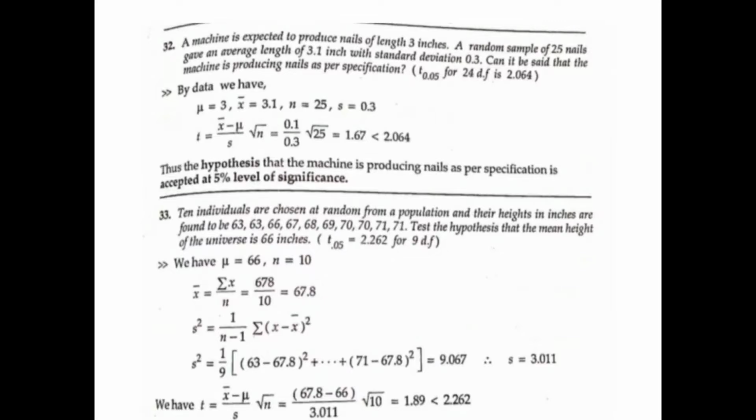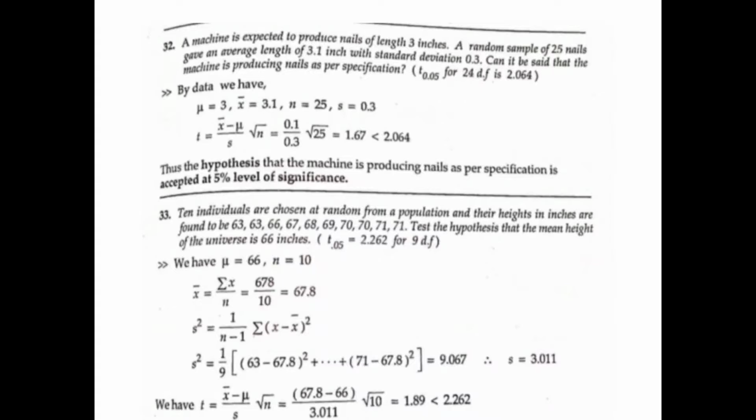Now let us see. From the data we know the sample mean, they have given the sample mean. The population mean is 3 inches, and they have only given the sample mean. They didn't give you the values of all the 25 nails, so you don't have to find anything. In the previous question, all the discrete values were given. You got to find the mean and variance and hence standard deviation, and substitute in the t formula. But in this question, the sample mean, sample standard deviation, everything is given. You just got to go ahead and substitute.